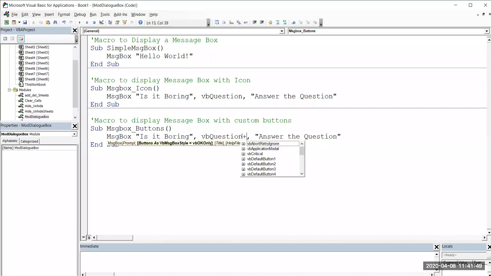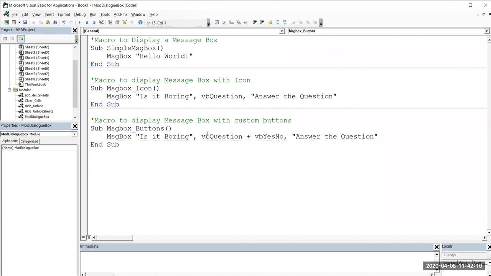You just give plus here. See, along with VB question, I want to give yes, no buttons instead of OK. I'll choose VB yes, no. So you can also give yes, no, cancel if you want. So I'm choosing yes, no. Okay. Now if I run this,